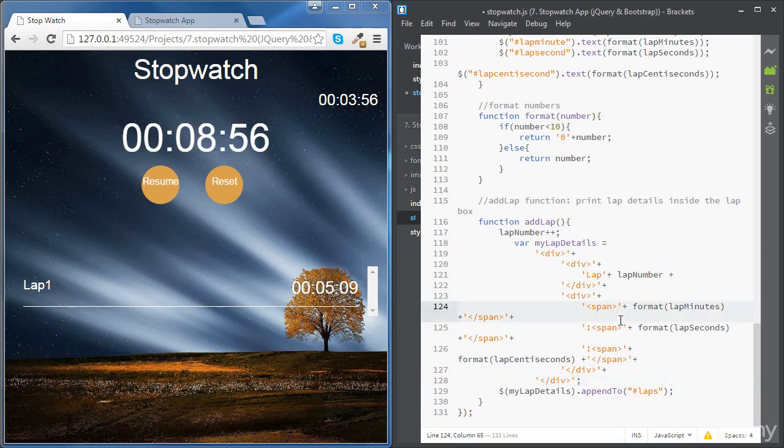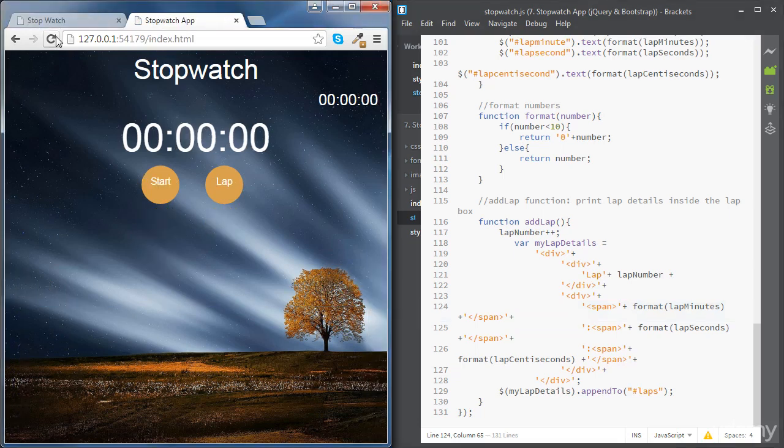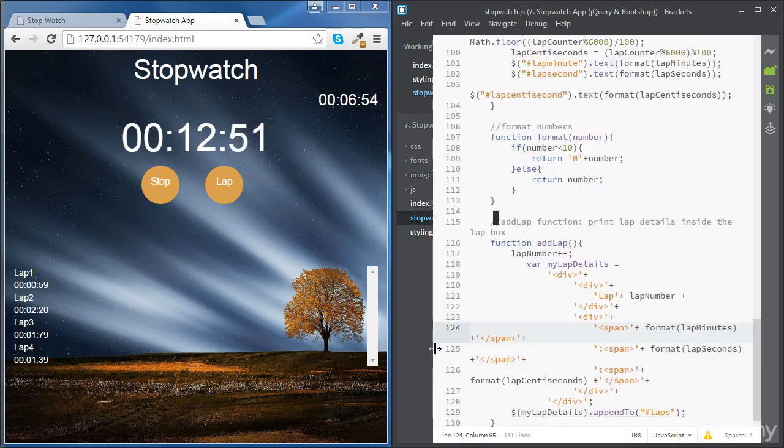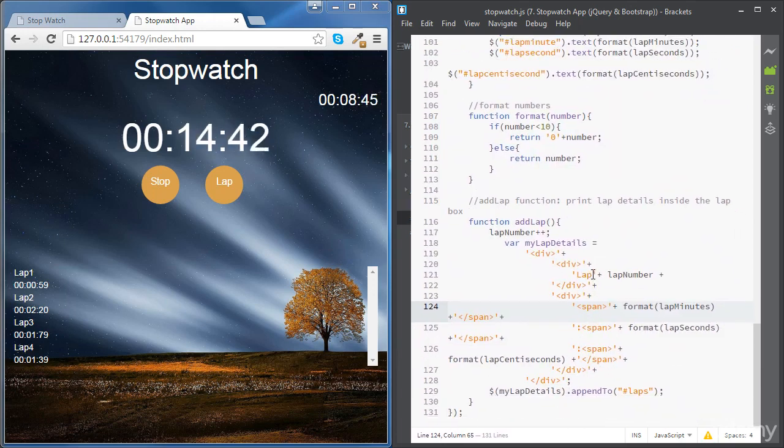So now let's save this and try. Okay, so we can see the details there. So this is working perfectly. Now we just need to add some styling. So let's go to our CSS file. Or before we do that, let's just give these elements a few classes. So the div that we are adding, let's give it a class